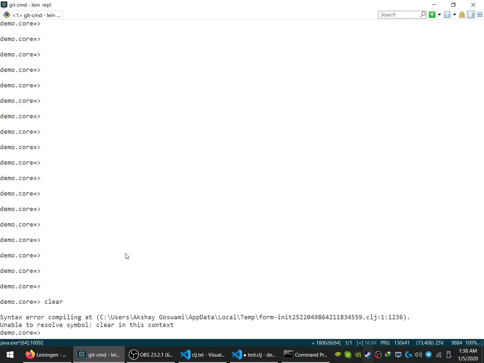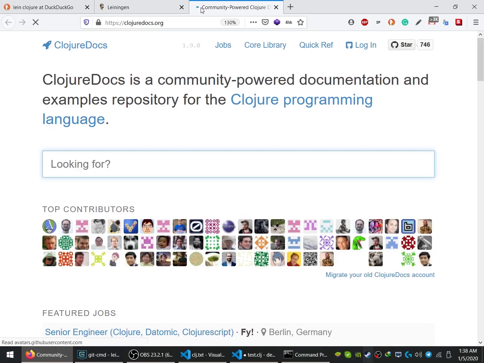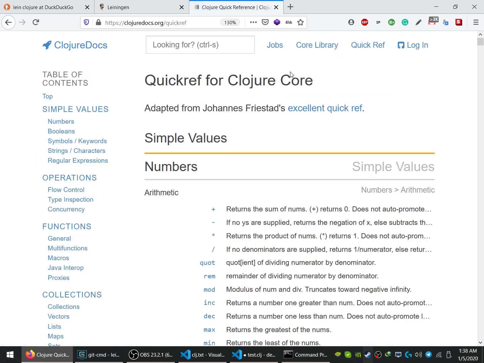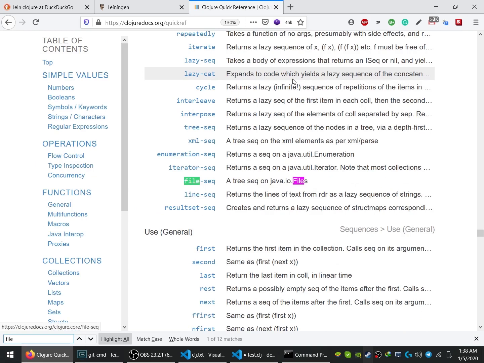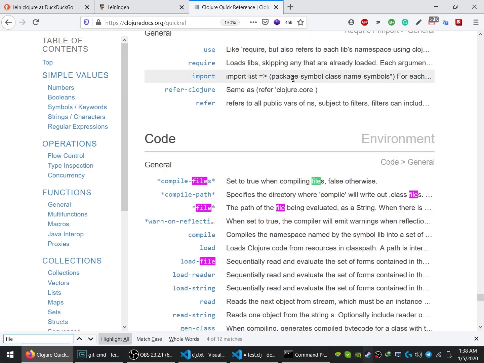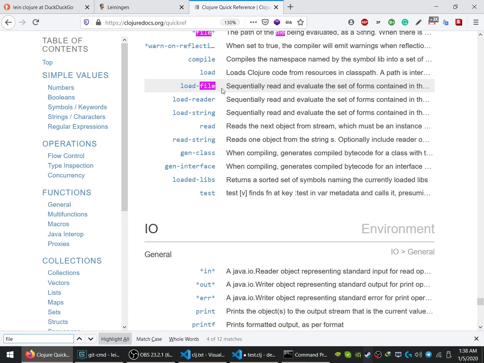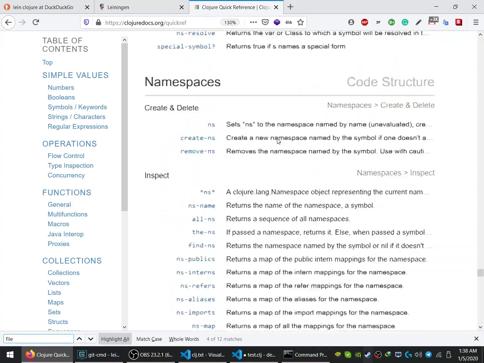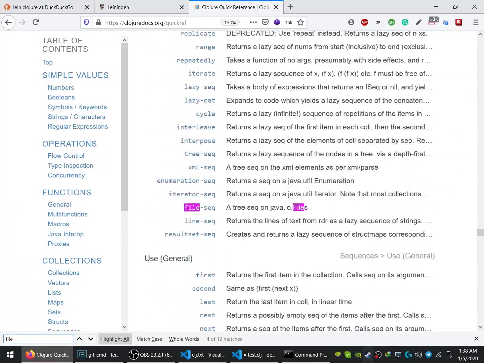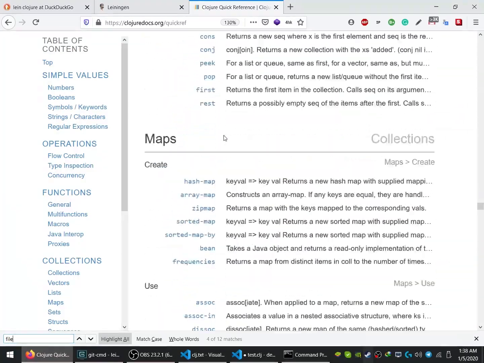The best thing we can do is go to Google, but if you jump into Clojure docs, there are a lot of functions, and go to quick reference, read file, or just search file. Okay, so file seek, load file, this is related to the REPL. Okay, so is there anything that we can deal with? Okay, file seek,